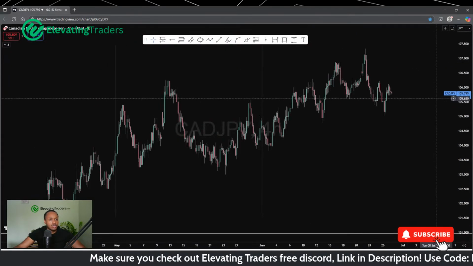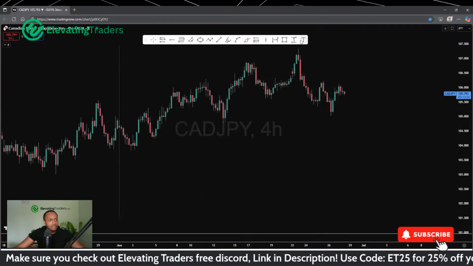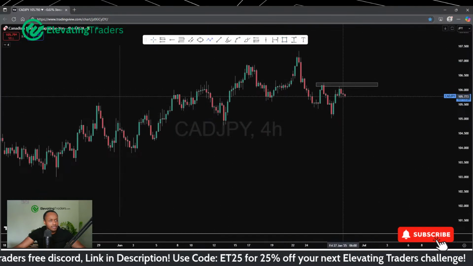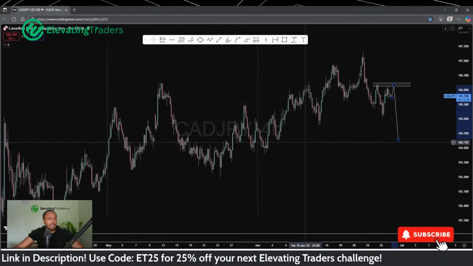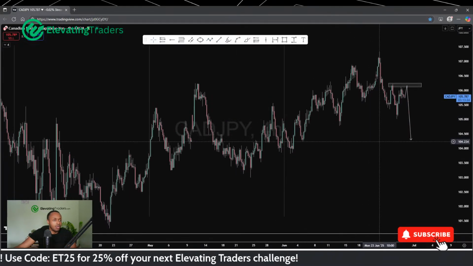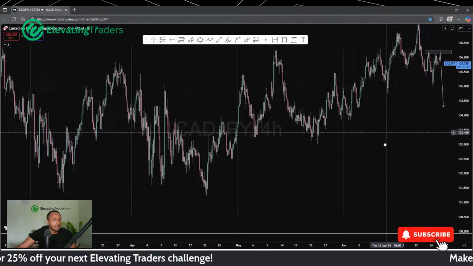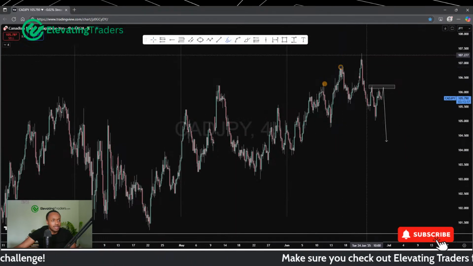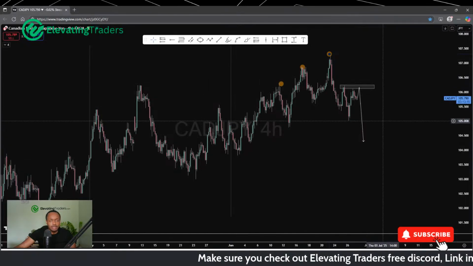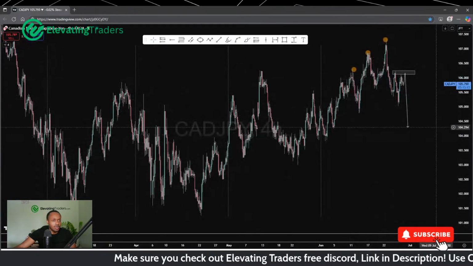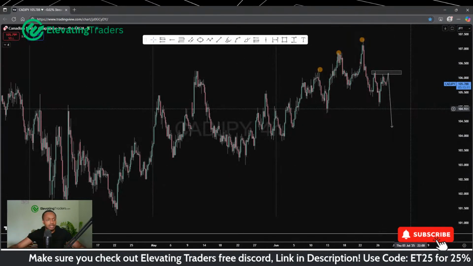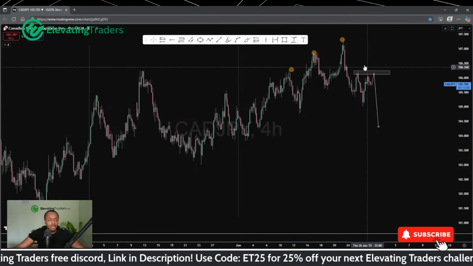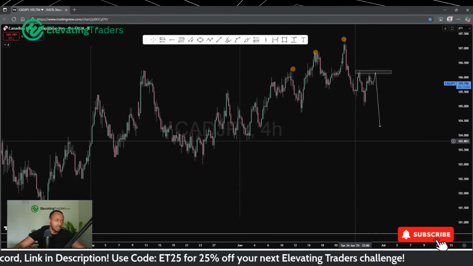But yeah, in terms of the shorts, it's a little bit tricky. I mean, there is resistance here. If this lower high does hold, that could be a nice base for a short and some downside. I would say it's a bit more of an aggressive trade. But the way we keep spiking higher and momentum keeps failing, it does look to me that price is starting to struggle and could be looking to turn around, which again is quite interesting because yen still looks weak, CAD still looks quite strong. So it's going to have to be a complete turnaround if CAD yen is going to fall.